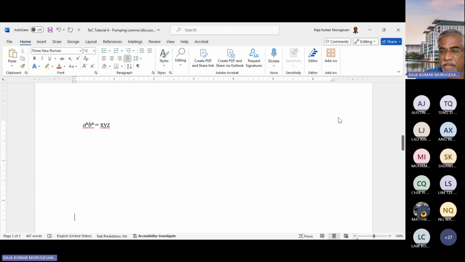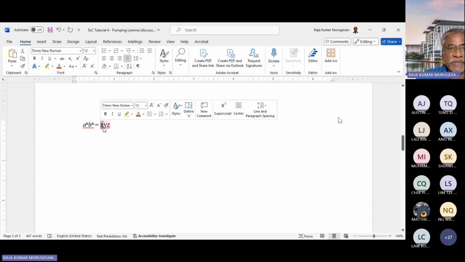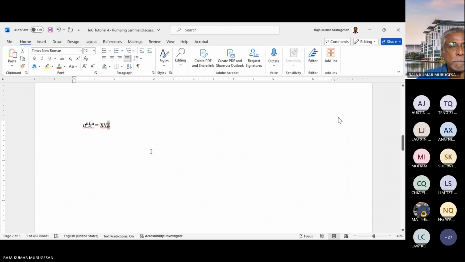Meaning, when I say a^n b^n is equal to x, y, z, I need to say what is the value of x, what is the value of y, what is the value of z. In layman terms,